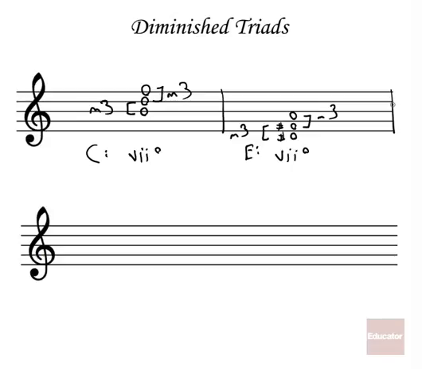So let's find a diminished triad, this time let's use key signature instead of a root note. So what about if we want the diminished triad in B major? So the question might look like this and not supply any root note. So we need to think about B major, and maybe as a good practice, first we can write in the